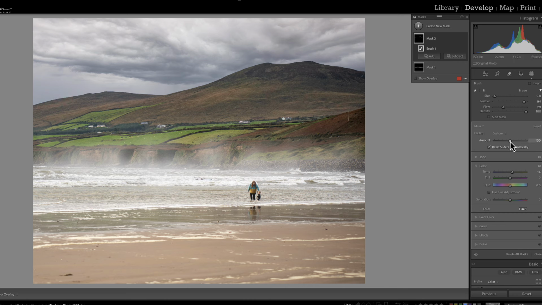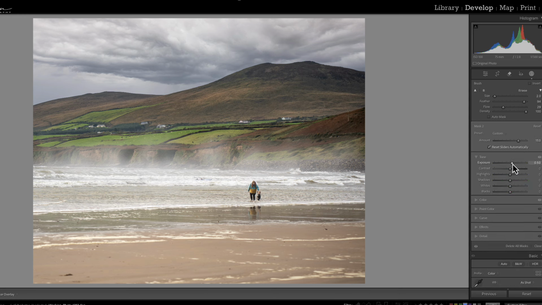Now let's use our amount slider. We're going to bring up these areas because the sun is kind of sneaking through here a little bit. You could use your tone to bring it up a little bit, maybe the whites, and then control it completely with your amount slider. About like that. So now we brought the fog in, put a little sun on the hillside,